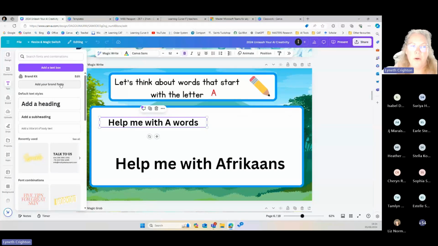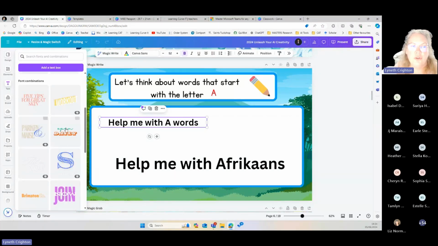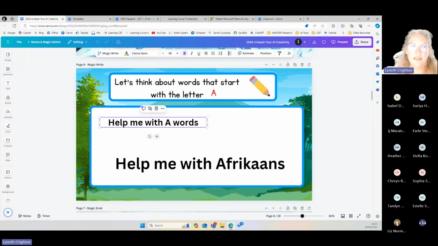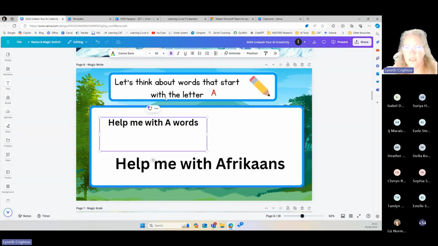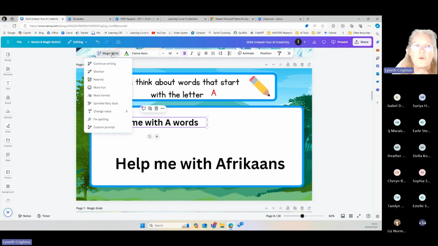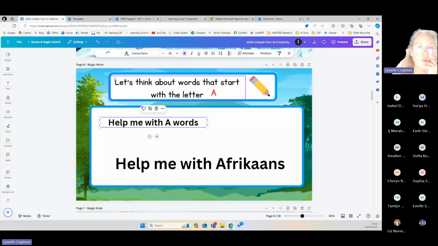I can create my own brand of fonts, and I can choose some that have already changed the font color, etc. So I can type in here whatever I like. But if I've got a text box, on the toolbar at the top I've got something called Magic Write. So there are lots of things. You can change the voice, fix the spelling, ask it to rewrite it, ask it to shorten it.